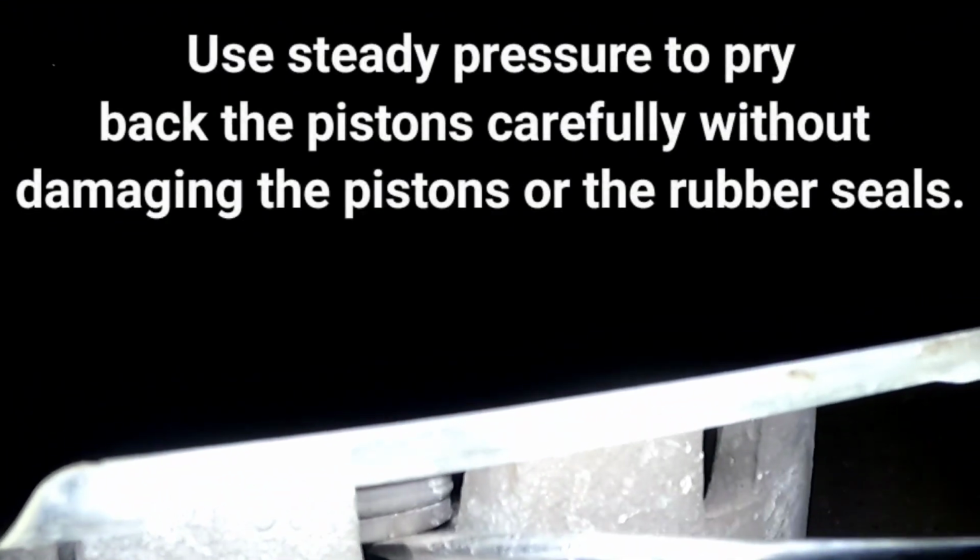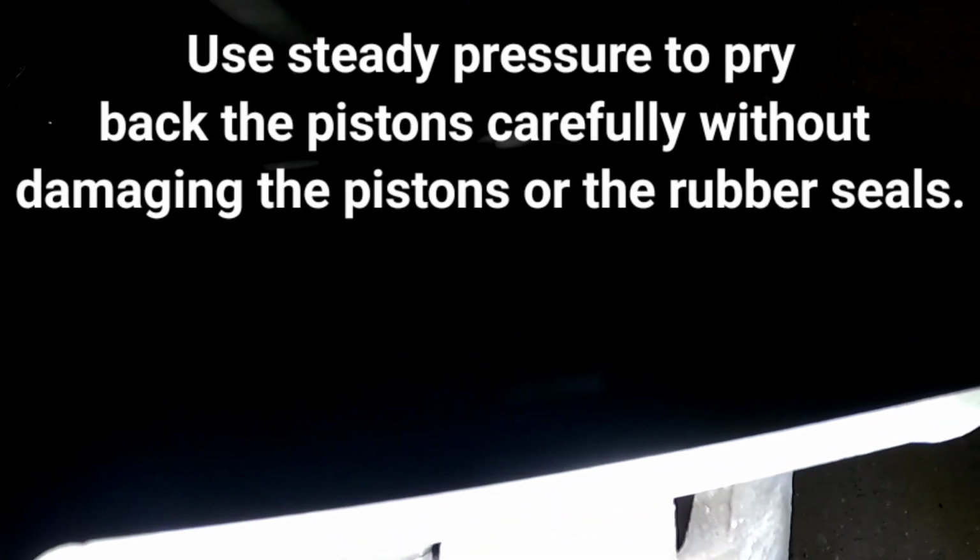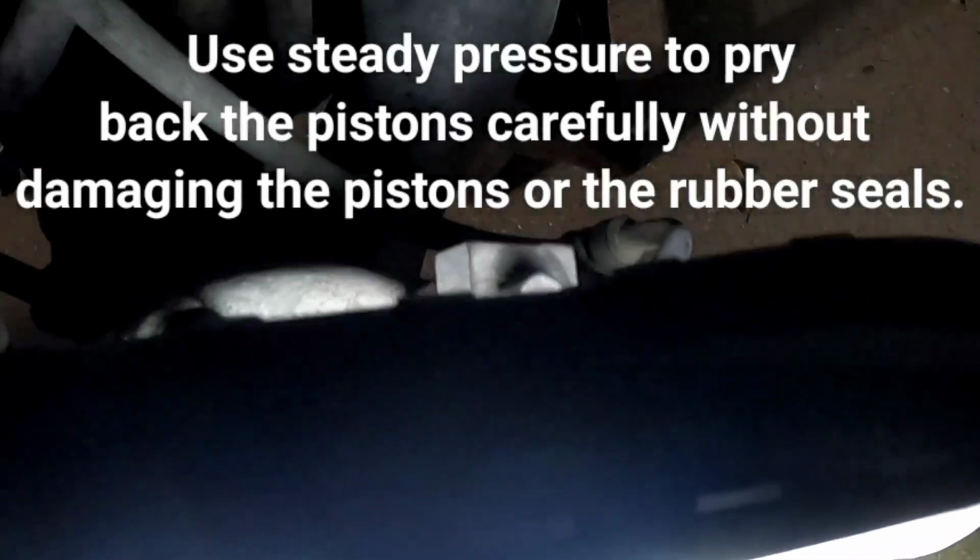Come in here and you'll see where, I don't know if you guys can see. You see the rubber boot for the piston, and then you follow it in, you see where the piston is, and then you'll see a brake pad right in between. You're going to want to pull back a little bit, and what you're doing is you're pushing, in my case turning easy, apply a little bit of pressure,